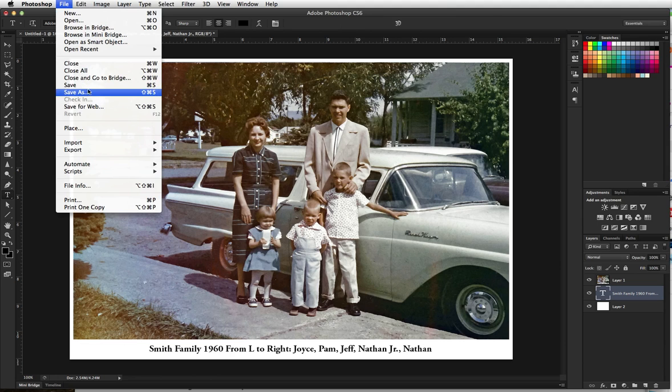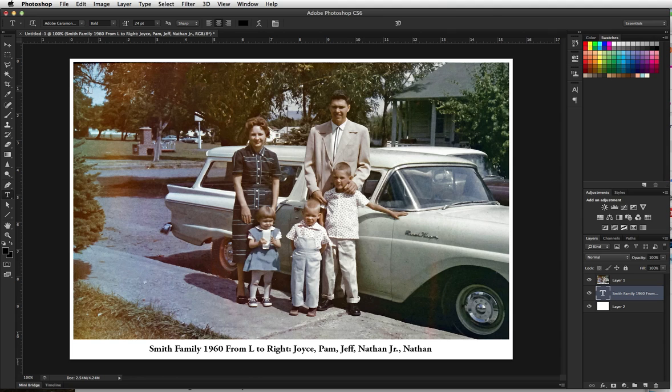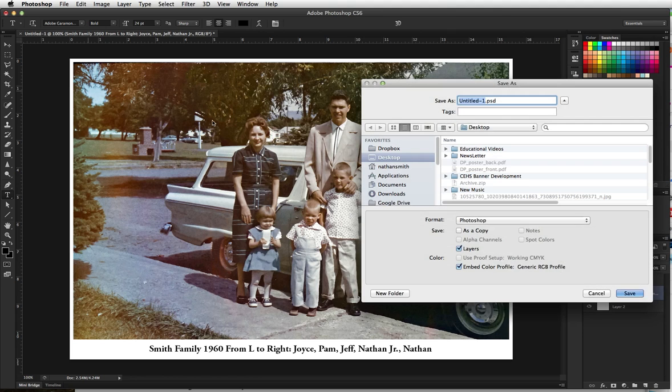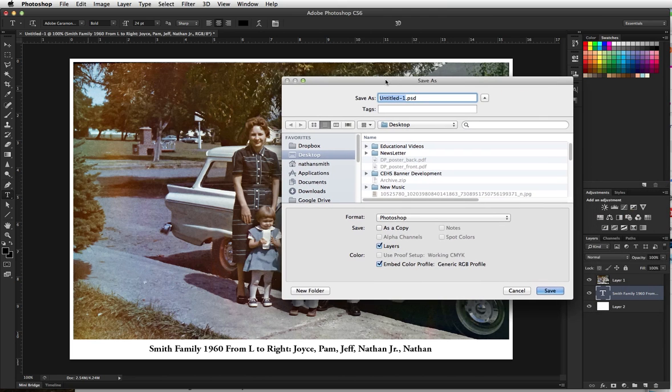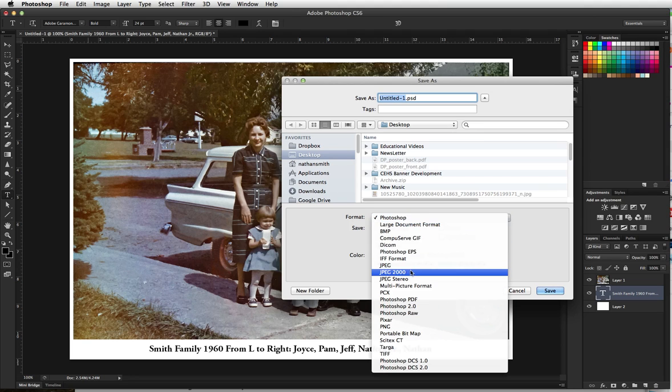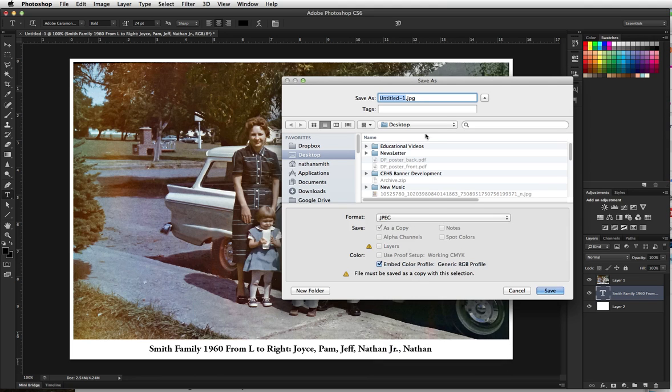So now I'm going to save that file. If I want to keep it editable so I can edit the text later on or things along that line, I'd save it as a Photoshop file. If I'm sharing it with people, I'd like to save it as a JPEG image, and